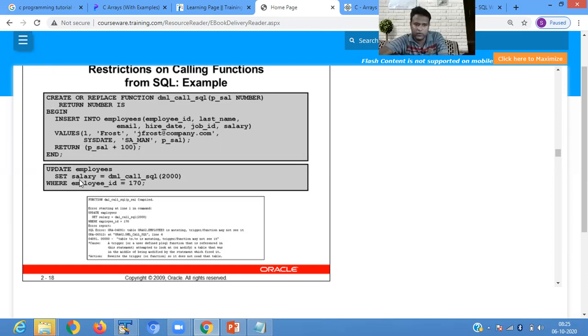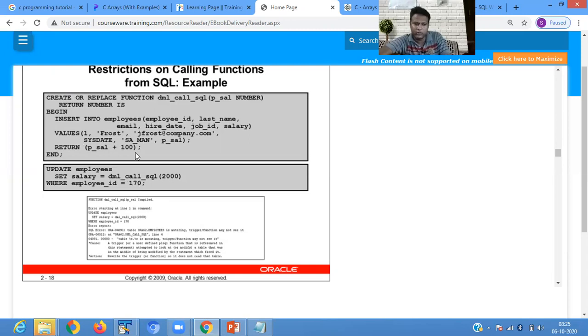Now we're using an update statement: update employee set salary equals dm_call_salary, passing the value 2000, where employee ID equals 170.